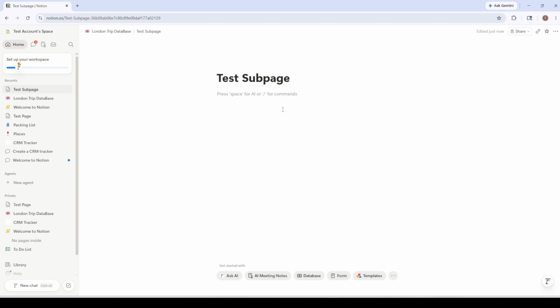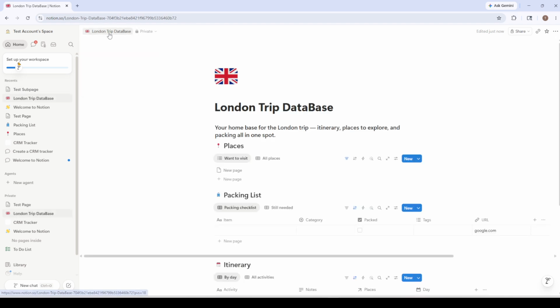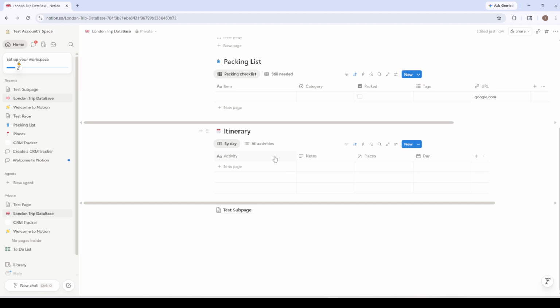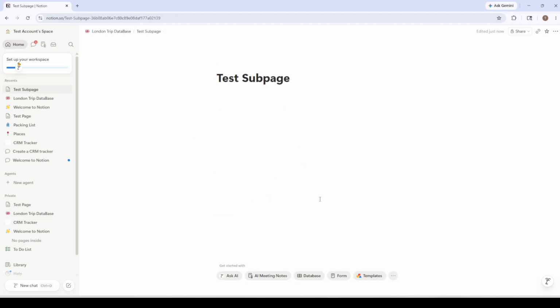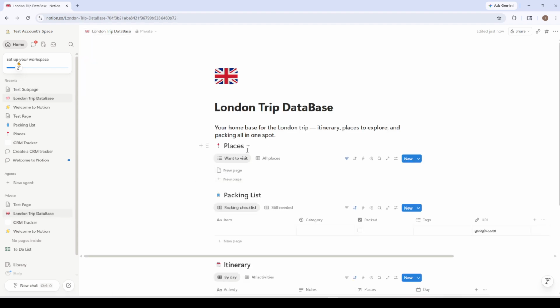When you're ready to jump back to your parent page, use the breadcrumbs at the very top of your window. Breadcrumbs show the path from your workspace all the way down to the page you're viewing. Click the parent page name in that path to return instantly. This is the fastest way to move up a level and maintain context, especially once you have several layers of